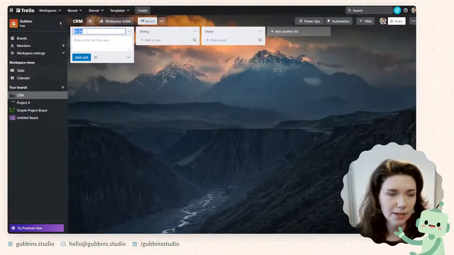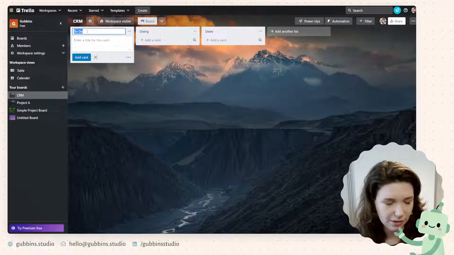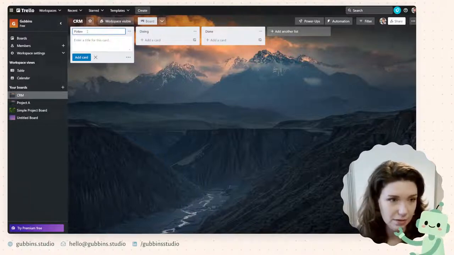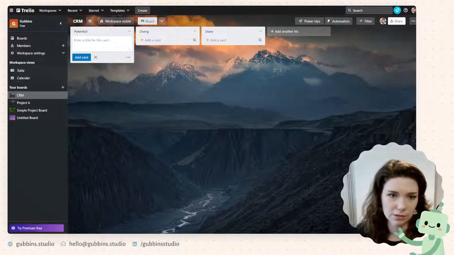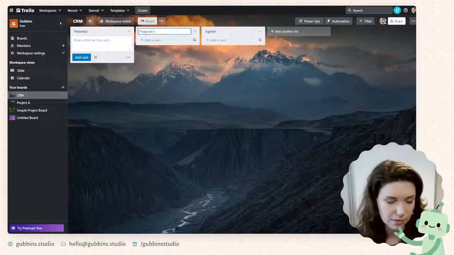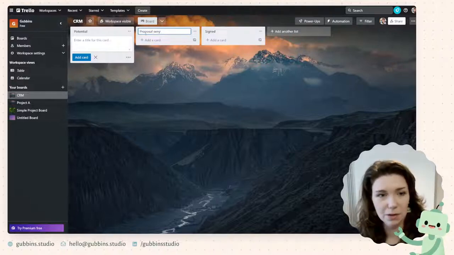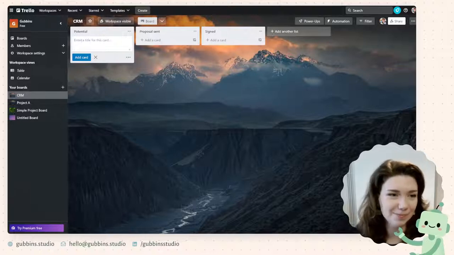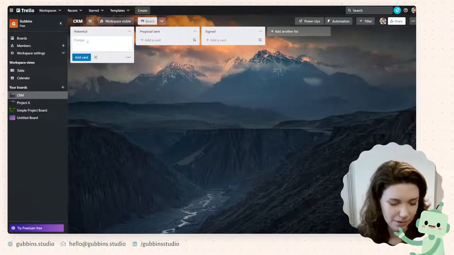So CRM, say you had like, oh, I can't remember the terminology. Let's see, potential, signed, proposal sent. I'm spending too long on Trello. And then company name.